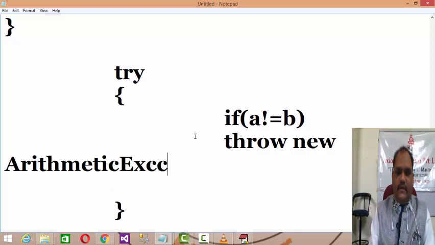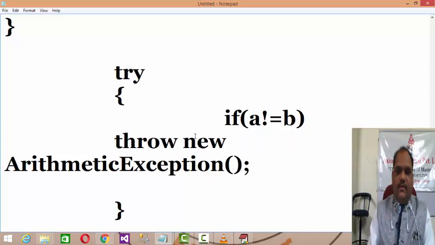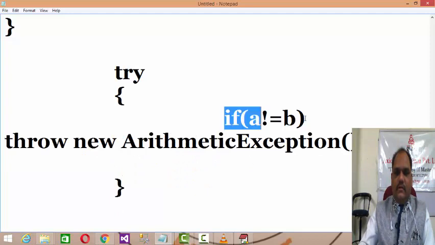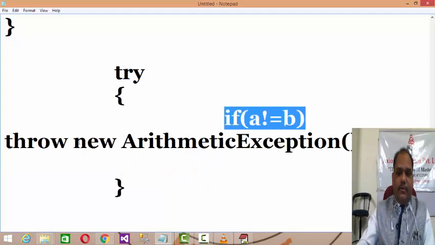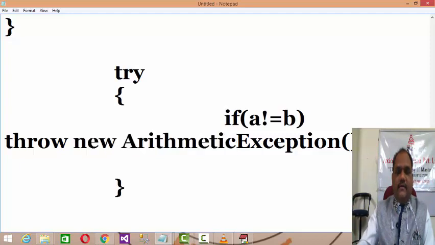I'm just taking one example. In this case, if this condition is satisfied, then throw this. Here the Java runtime environment is not trapping an exception; the user wants to throw that exception conditionally out of the try block.